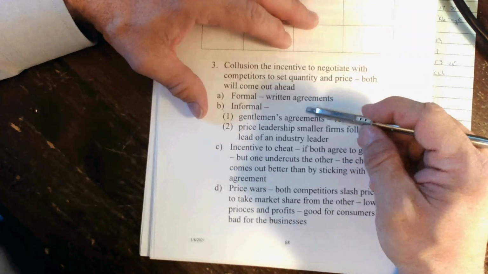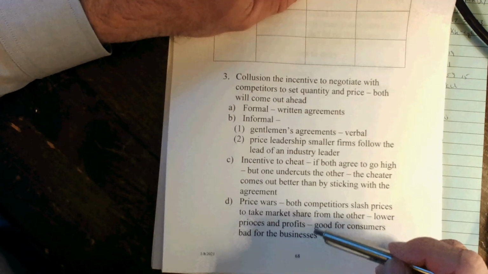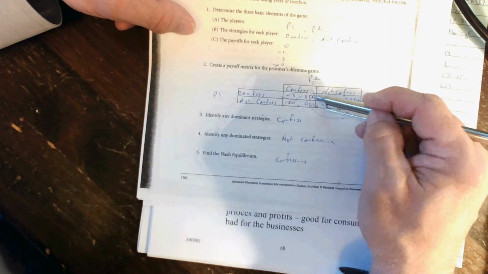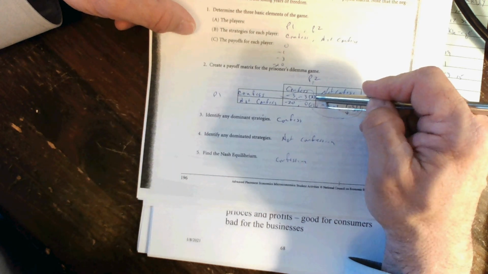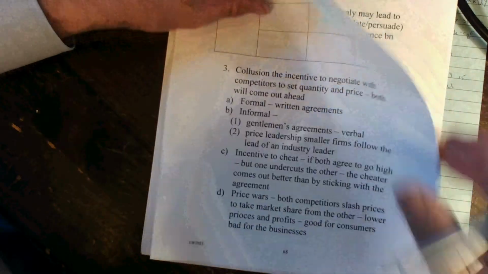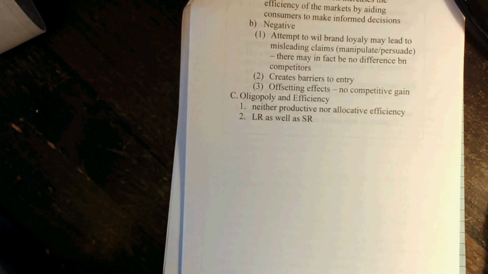There are informal agreements not to compete as well. But there's an incentive to cheat, and that can lead to price wars. If this were pricing, they'd say, let's just charge a higher price. And then they'd realize that by charging a lower price, they'll steal market share from the other guy. And that'll put them in this box where they don't get as good a result as they would if they stuck to their agreement. But each one will try to cheat because you can't enforce illegal agreements in court. And that is our discussion on types of business competition, ending with oligopoly and a focus on game theory.